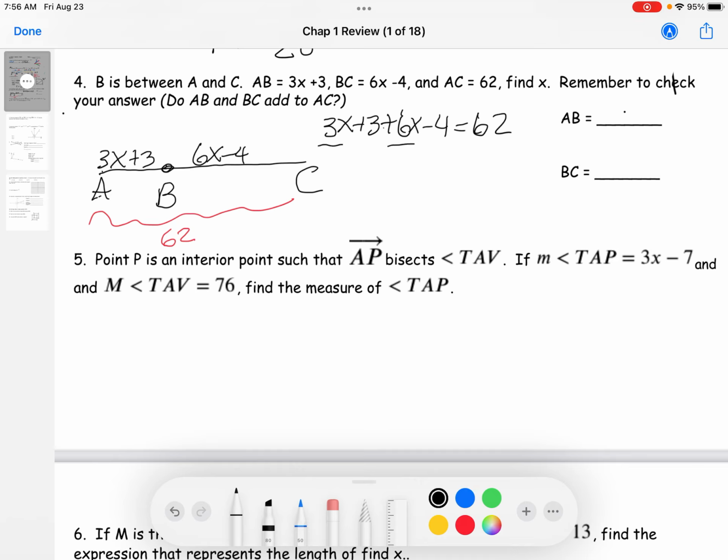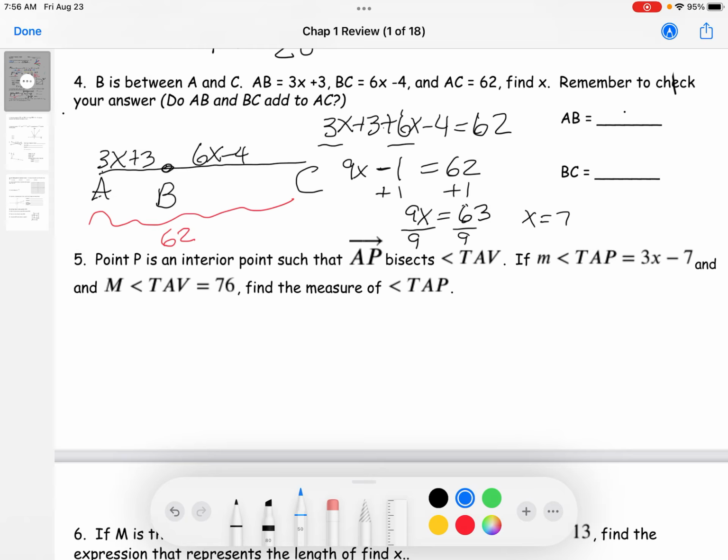Okay, 3x and 6x is 9x. And then 13 minus 4 is 9, and that's going to equal 62. I'm going to subtract 9 from both sides. So 9x equals 53. Divide both sides by 9. So x equals 7. Okay, now we need to plug stuff back in so that we can find what AB